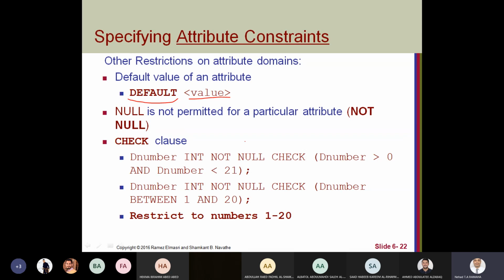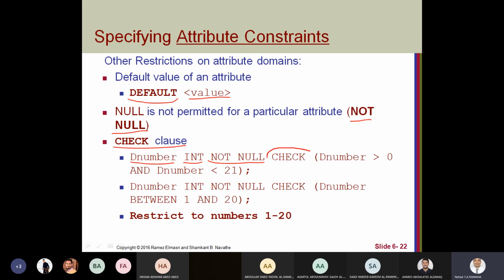NULL and NOT NULL, I already mentioned it. You can define any attribute to reject null values. If you did not give this attribute the NOT NULL constraint, the default is null. Okay, another thing, you can make a check for the value. For example, defining attribute D number integer not null.